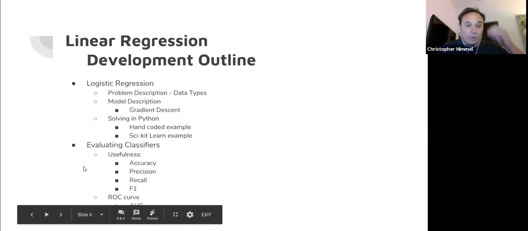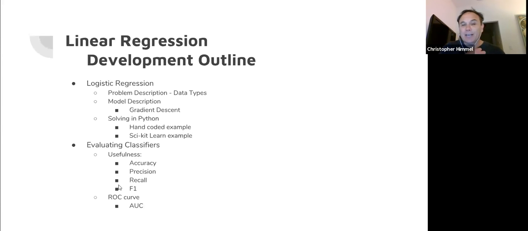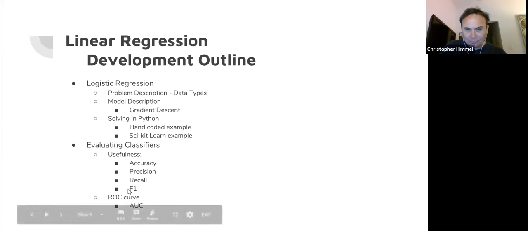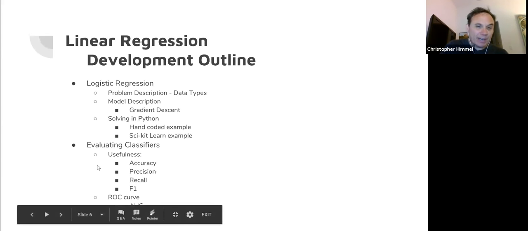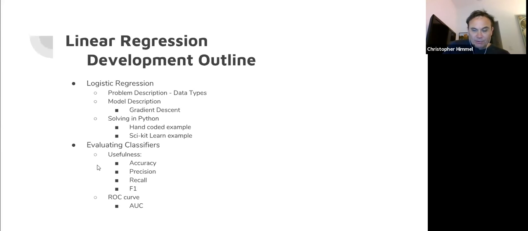Okay, then what we're going to do is evaluate our classifiers. We're going to see if we're doing the classification correctly, whether we're doing it good enough for what we need, which is kind of our usefulness. What's our accuracy of our output? We're going to break that accuracy down into different types: precision, recall, and then the F1 score, which is a combination of both. Then we're going to look at the ROC curve, which will give us an idea of,